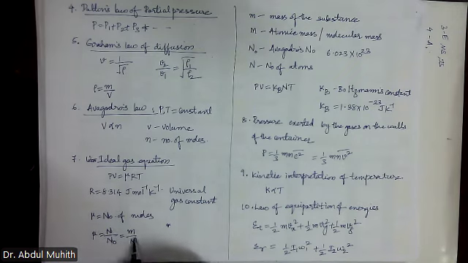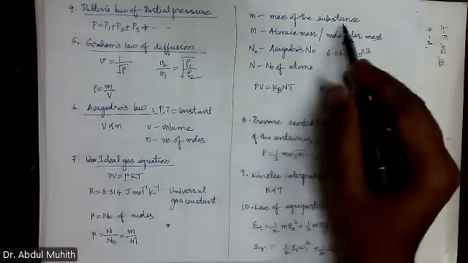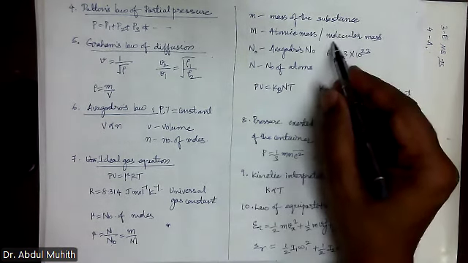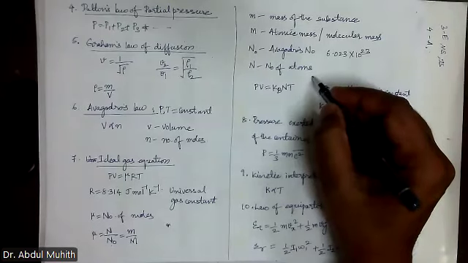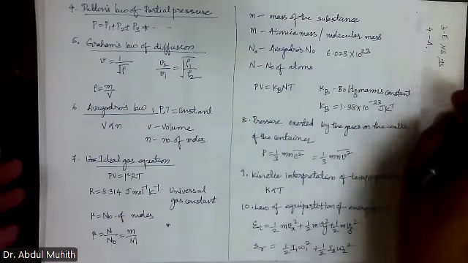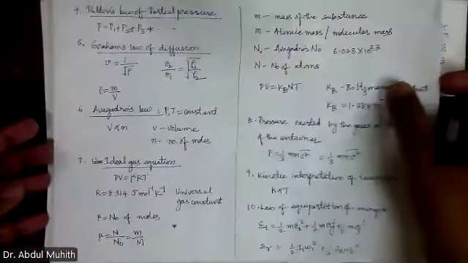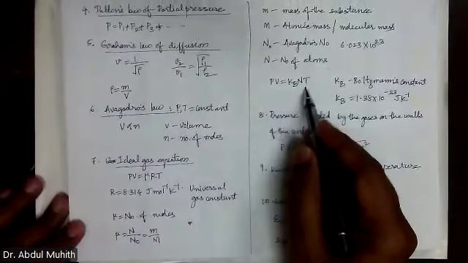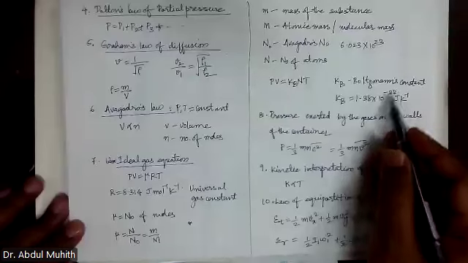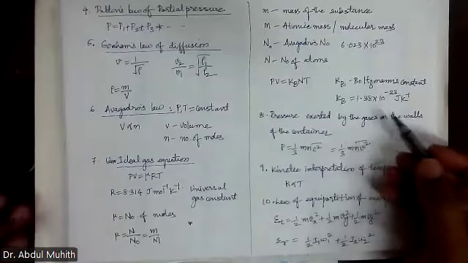Okay. So N by N0 is equal to small m by capital M. Small m is the mass of the substance. Capital M is the molecular mass. N0 is the Avogadro number and capital N is the number of atoms. Okay. So now, here we have PV is equal to KB NT, where KB is the Boltzmann constant, 1.38 into